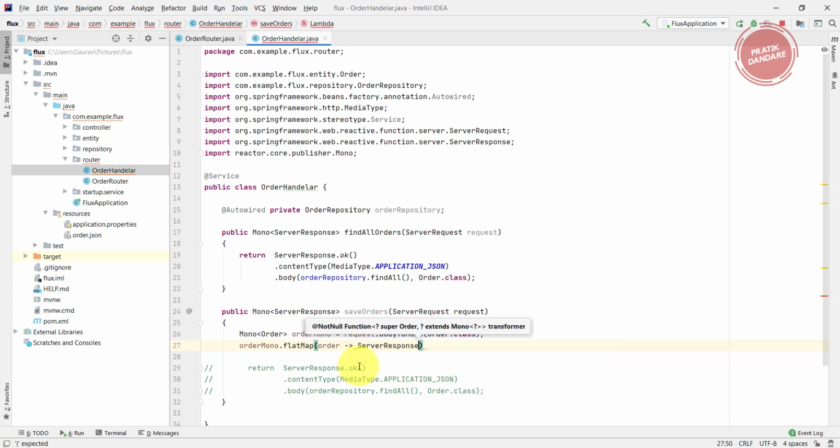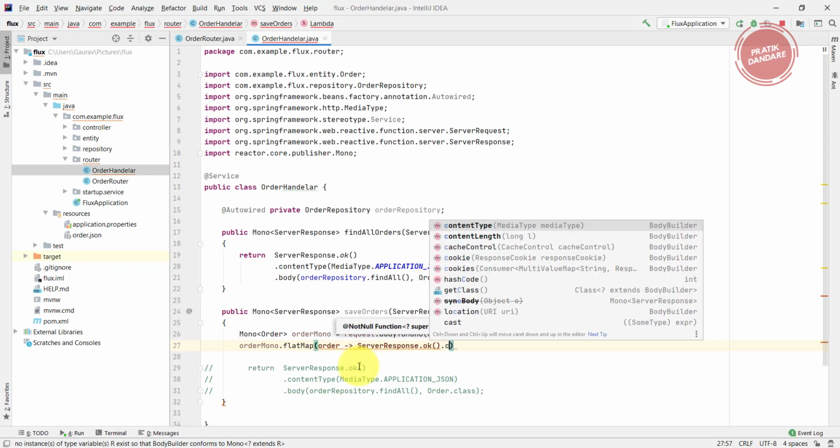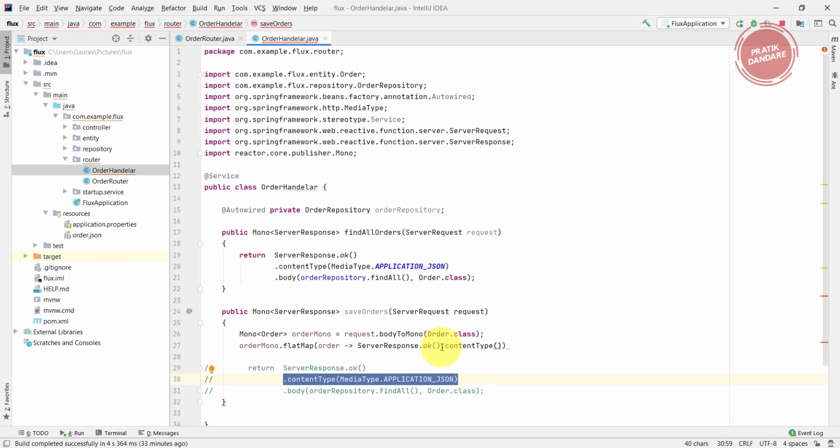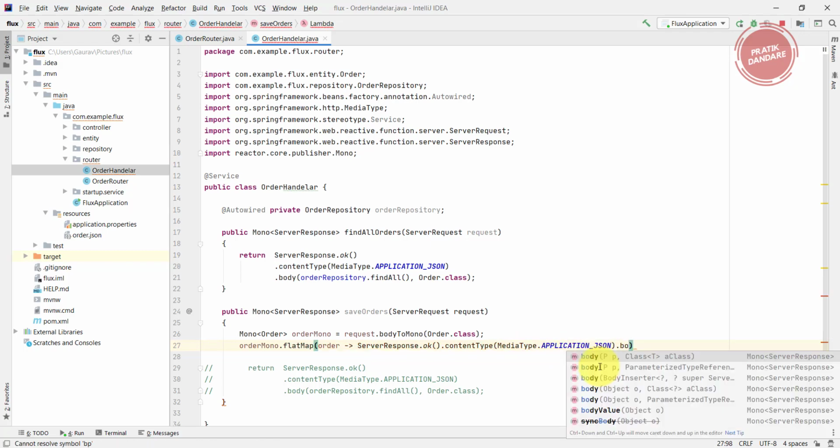After that I need to set the content type. I copied this code, so again I am setting the content type application/json, and the last part is the body.